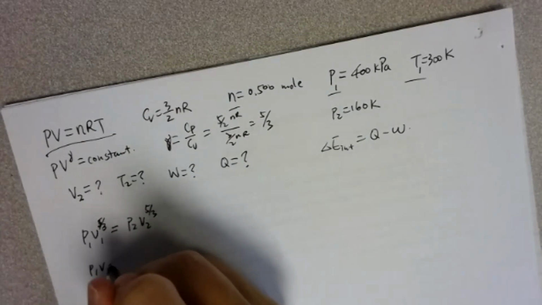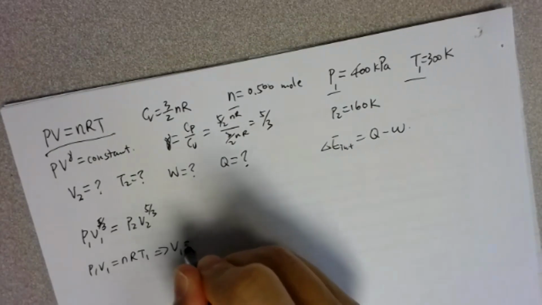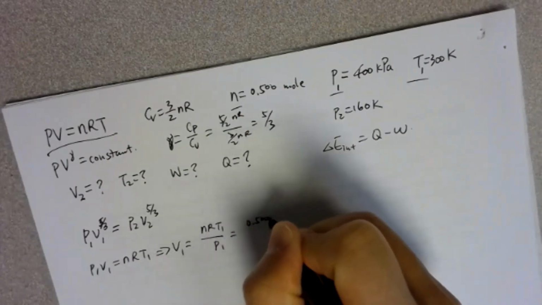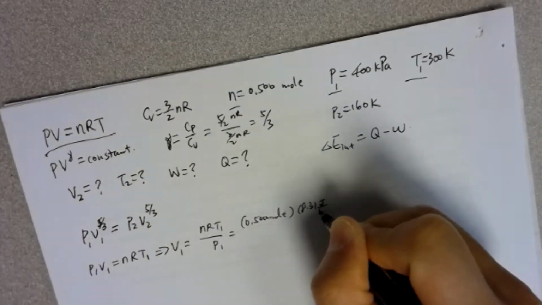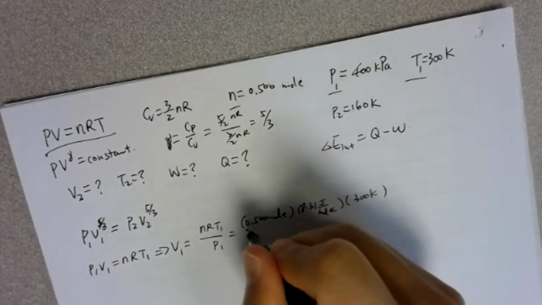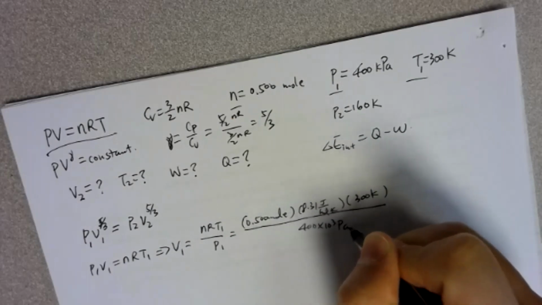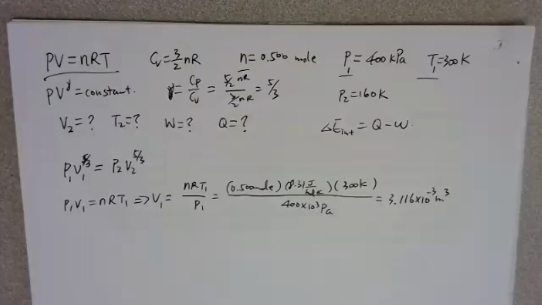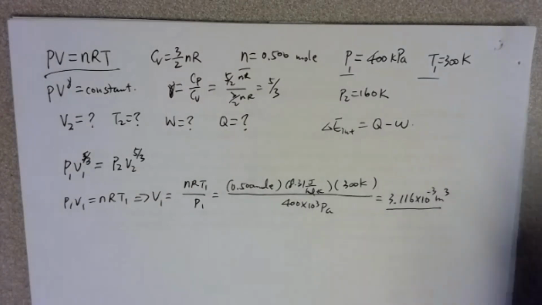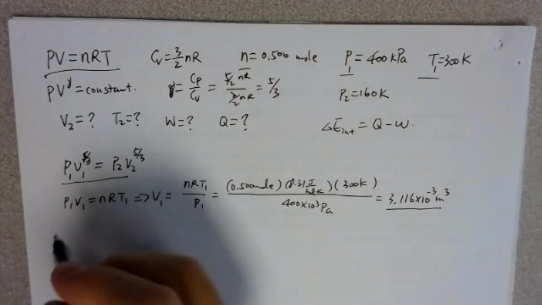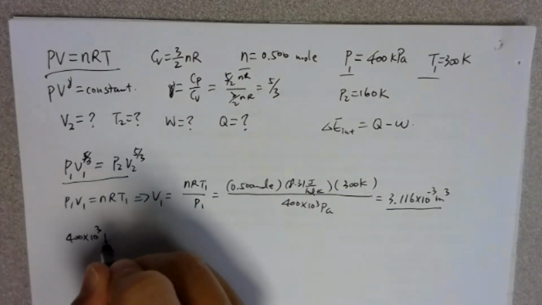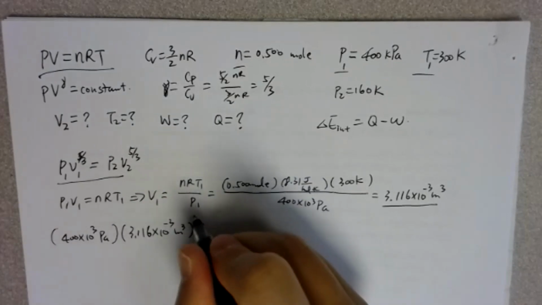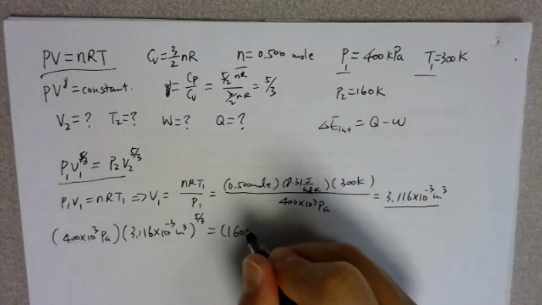We are finding V1 first. P1 V1 equals nRT1, so V1 equals nRT1 over P1. So 0.5 moles times 8.31 joules per mole Kelvin times T1 of 300 K divided by 400 kilopascals. So your V1 is 3.116 times 10 to the minus 3. Now use this equation: P1, 400 times 10 to the third Pascal, times 3.116 times 10 to the minus 3 meters cubed to the 5 over 3 equals P2, 160 kilopascals,